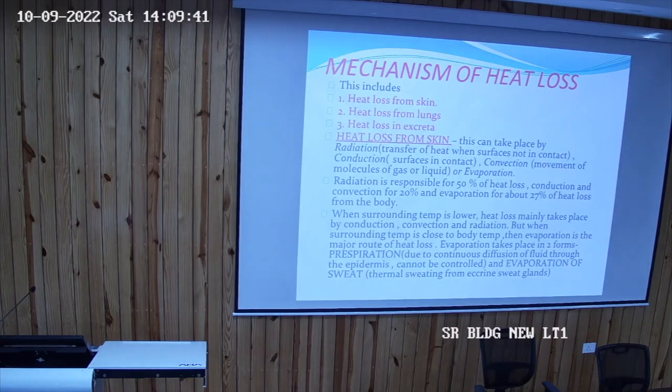This includes heat loss from skin, heat loss from lungs, and heat loss in excreta. Heat loss in excreta is in minor quantity, roughly about 2 to 3%. From lungs also it is in very minor quantity. This heat loss through lungs is in less quantity, but heat loss through exhalation is mainly seen in